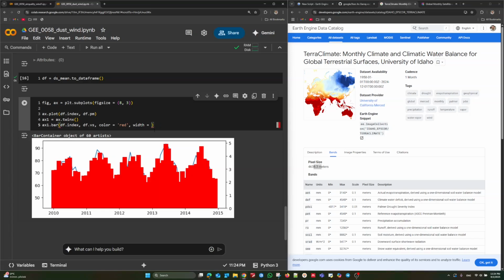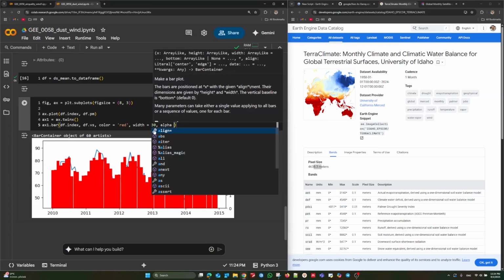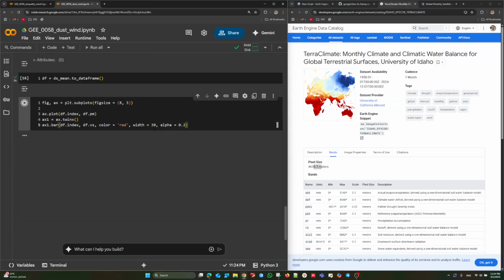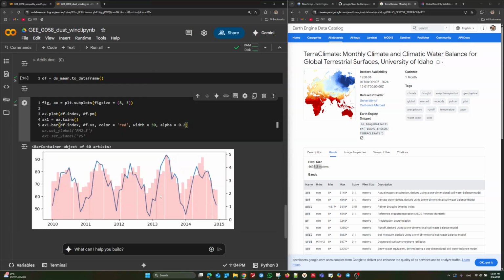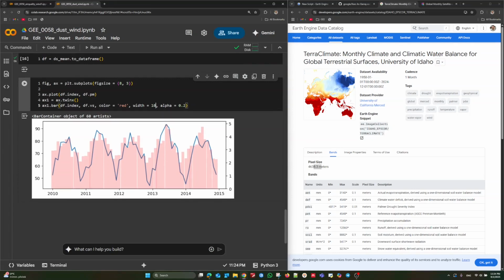So we can reduce the width, for example to 30, and also add another parameter like alpha to increase the transparency here, and then you can easily understand the temporal dynamics